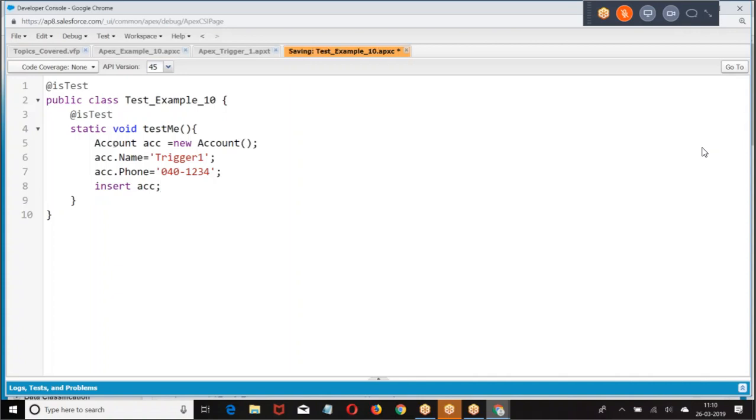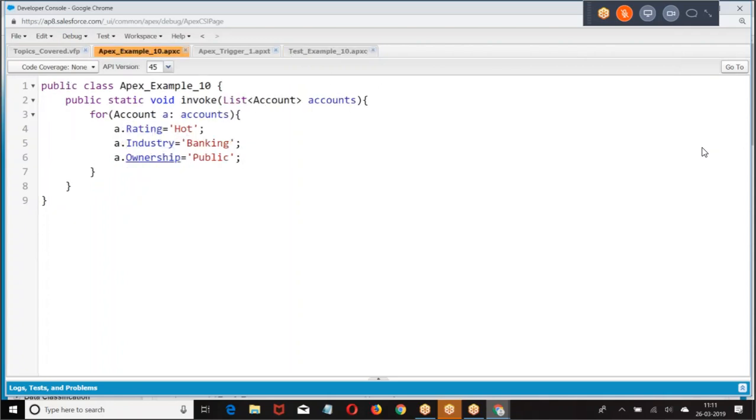When I inserted a record, if the trigger is working properly, the value of industry, rating, ownership should be changed. I inserted a record with a name and phone number, but I wrote a trigger at the back end saying to modify the value of industry, rating, and ownership.